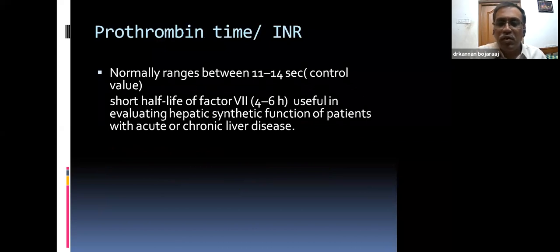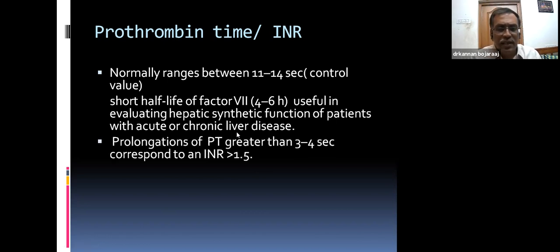Normally, it ranges between 11 to 14 seconds of control value, but every lab differs. Some labs show 16 seconds, some labs show 15 seconds, according to the tissue factor they are using, according to the ISI value. And this factor 7 is useful in evaluating the hepatic synthetic functions of the patient with acute or